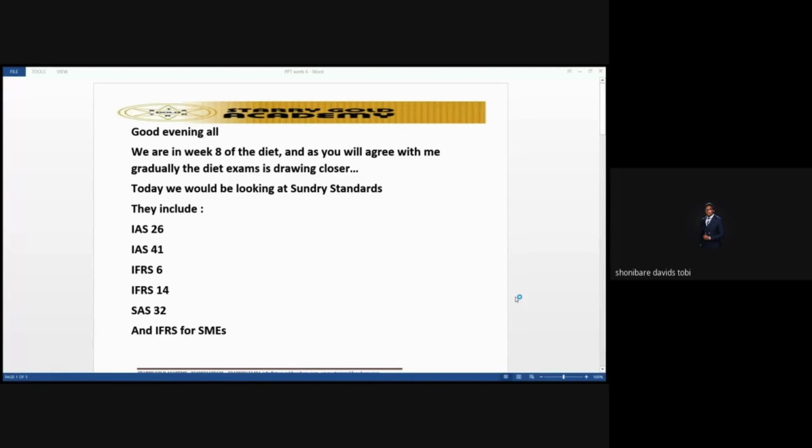So these three conditions must be met. Don't say one. If you want to classify a particular plant as a bearer plant, then it must meet these three conditions that I've outlined in the definitions. And that one is agricultural produce. When we talk about agricultural produce, those are harvested products from biological assets, right? So one funny thing is that your bearer plants can still fall as a biological asset if it is a living plant, isn't it?